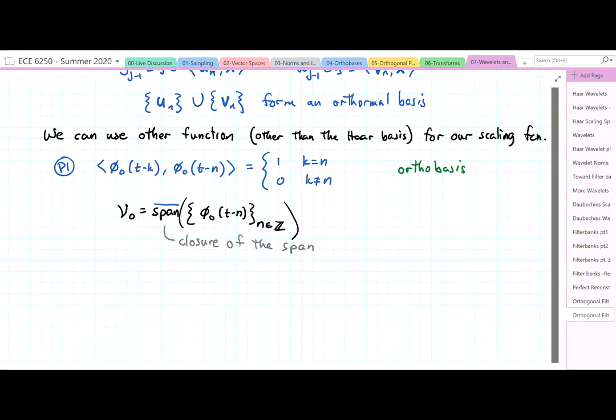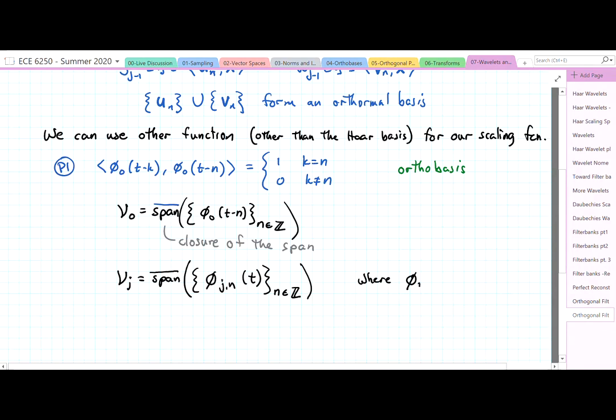Okay, so now we'll define Vj to be the closure of the span of Vj,n of t for n being integer, and as you recall,